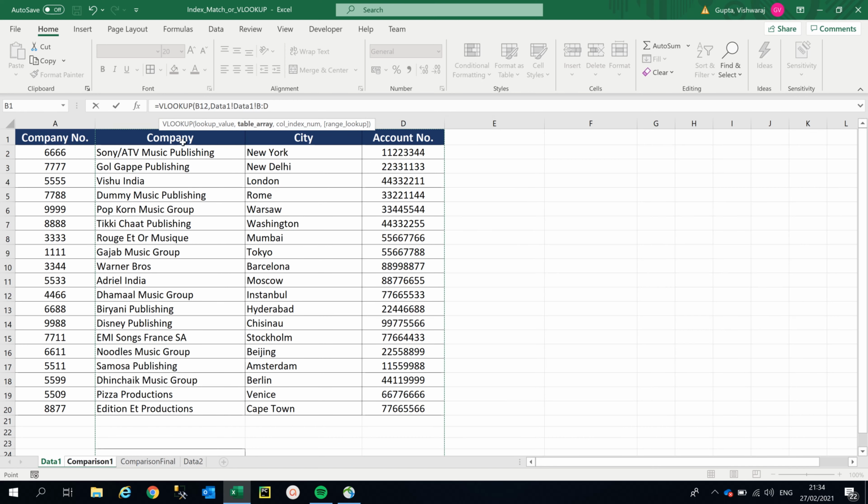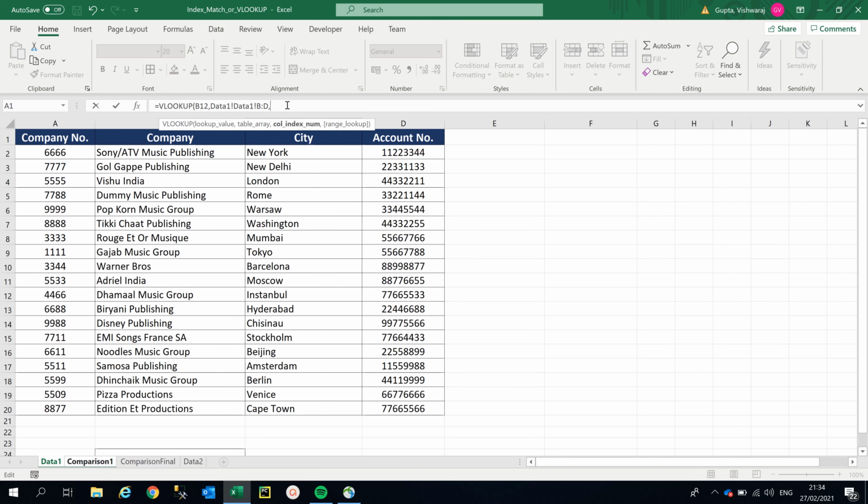So see, this time I have selected B, C, D column. So you can see in the table array B to D because my lookup value was in B and the item what I'm looking for is in D. So I'll have to select the whole table array. Doesn't matter, I cannot miss C in here. That happens in index match, but in VLOOKUP we have to grab all the tables starting from lookup value,